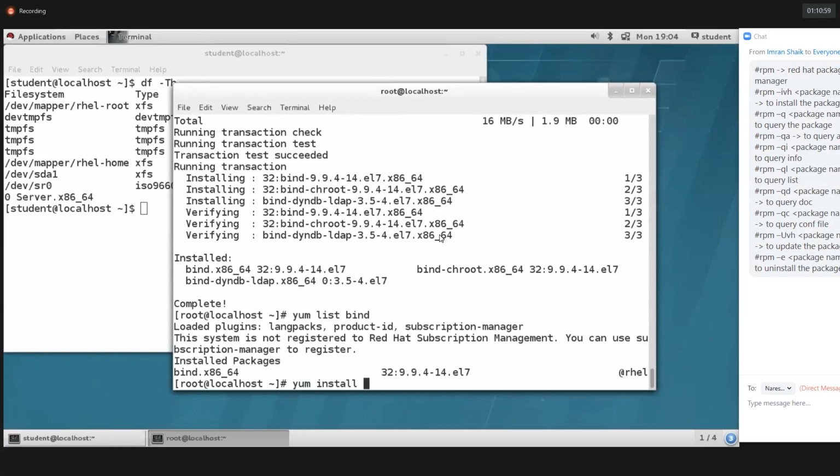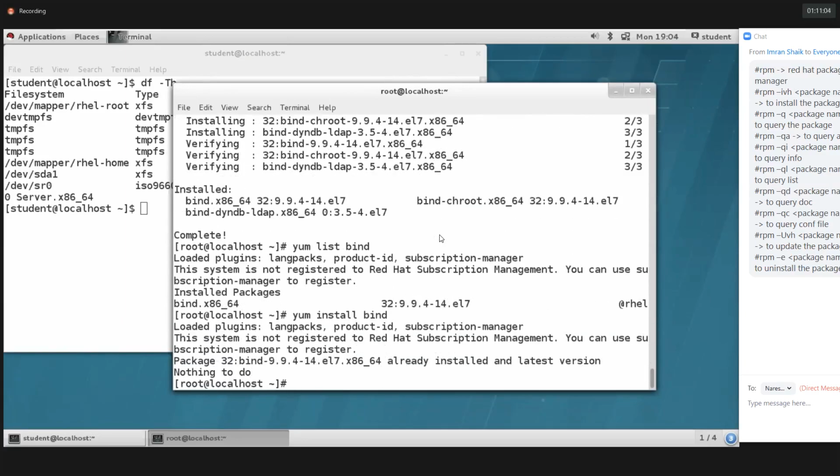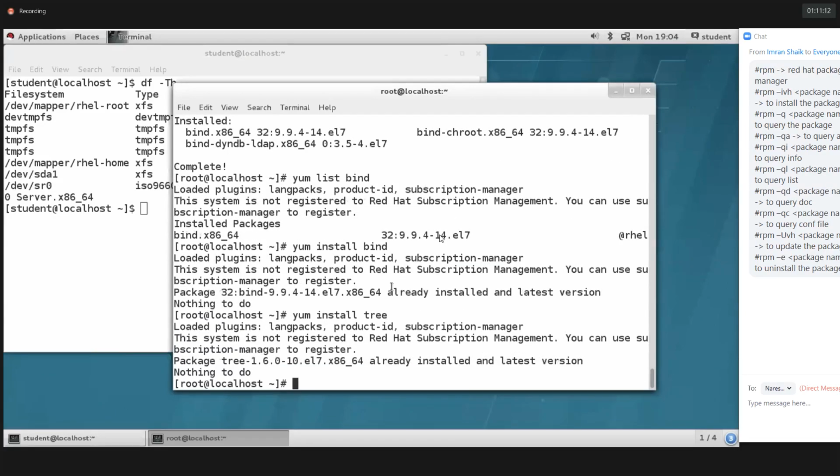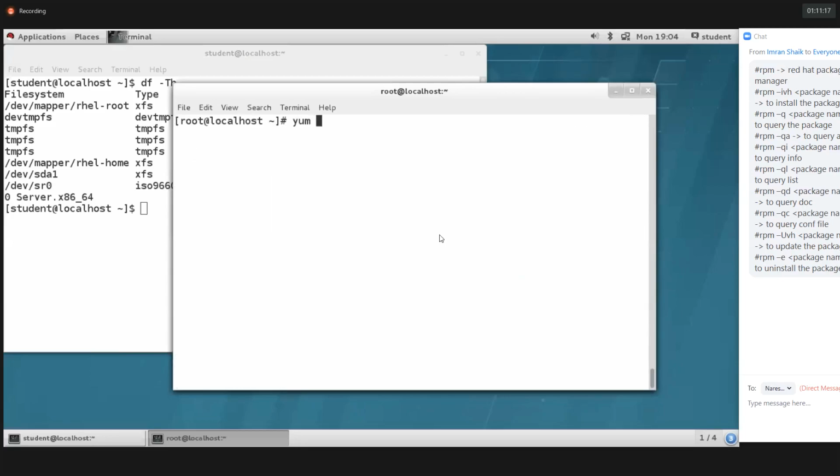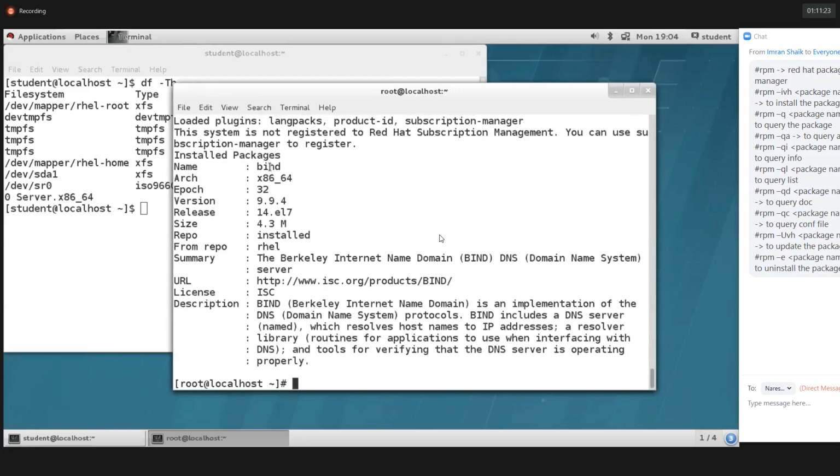Yum info bind. See, bind is a package name.